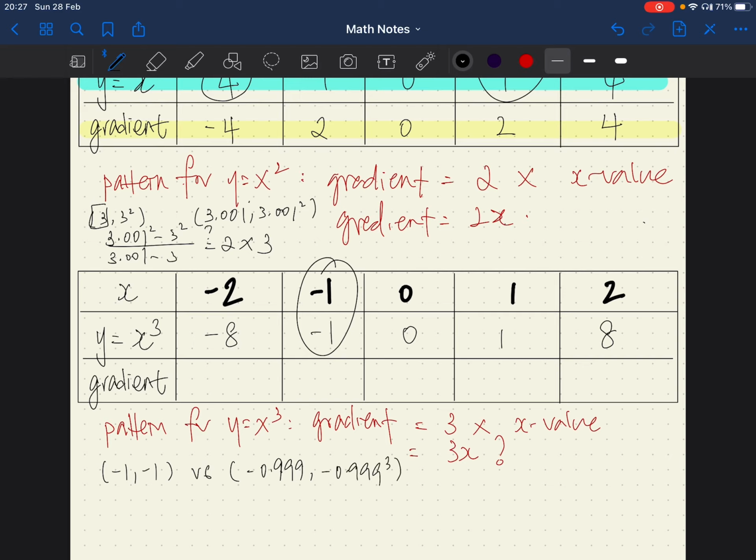So we'll get -0.999 cubed minus -1 cubed over -0.999 minus -1. So keying this into our calculator,